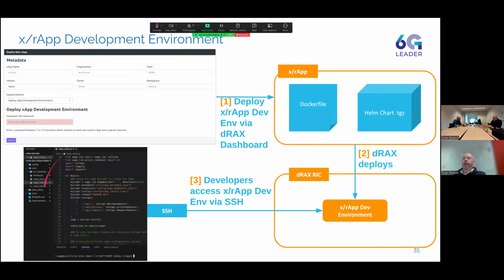And then we will be able to do an SSH connection to that environment, and we will have everything ready for us, including example code already there. So we'll have a fully functioning xApp with the first example that's uncommented being to retrieve all the information that you have in the system. And so we will see how that goes in the live demo.